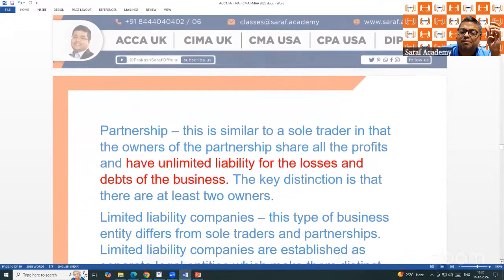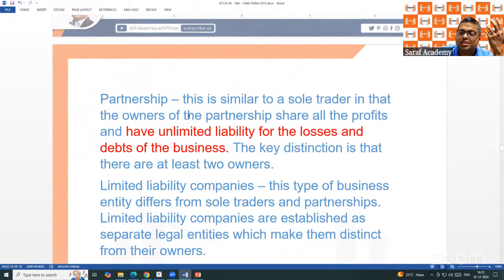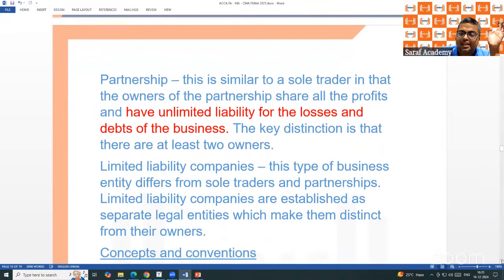In a partnership, more than one person controls the business as owners. Both have an equal share, 40, 50, 70, 30, whatever. And in a partnership also, for the business liability, the partners' assets are responsible. The separate entity is not there, but for accounting purposes, it is there.